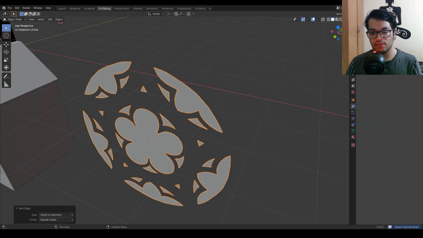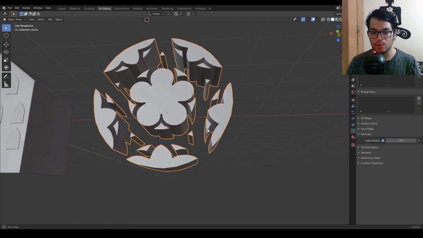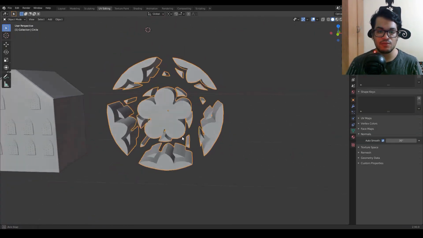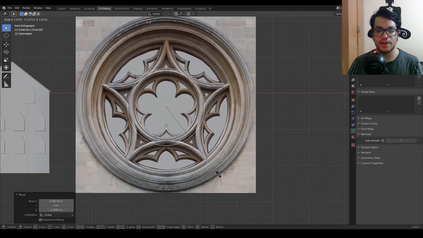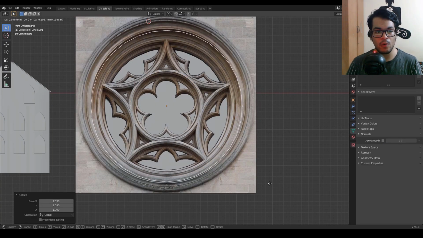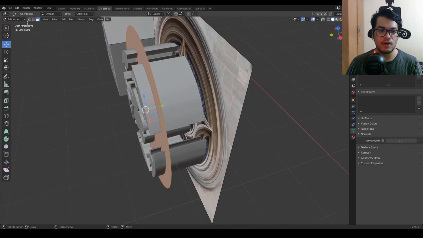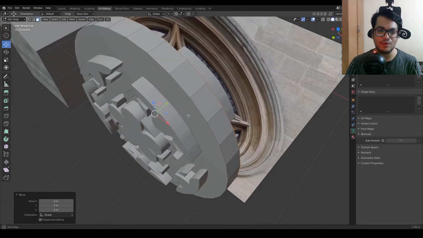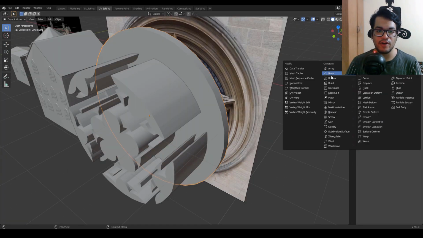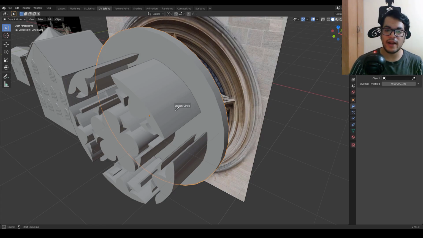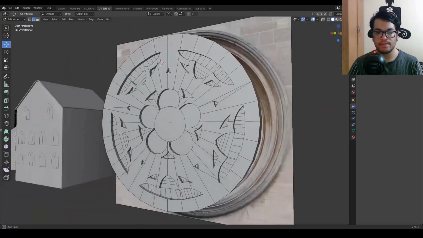After you have traced this, we need to add a solidify modifier to this. Now the actual glass parts of the windows are traced, but we need to trace the outer frame of the window. So for that, add a circle and E to extrude it on the y-axis. Now add a boolean modifier to that and select the circle. And as you can see, we have our second window.